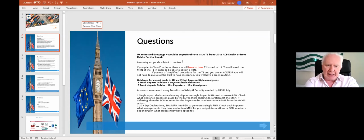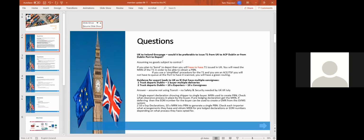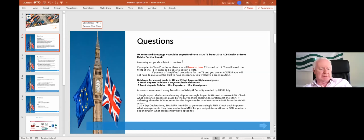If they're not pre-lodging, then initially a GB EORI number for the UK importer will suffice to create a GMR on their GVMS system. So with the PBN and the GMR, you then go to the ferry operator and you will get access to Dublin Port. If you have 10 shipments on board, so 10 separate consignments, 10 exporters, 10 consignees, then you'll have